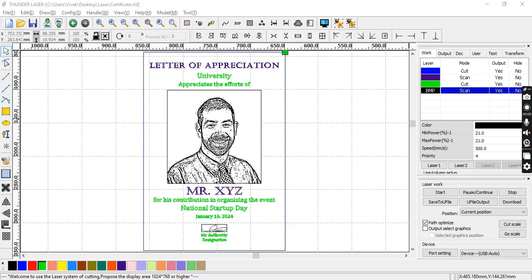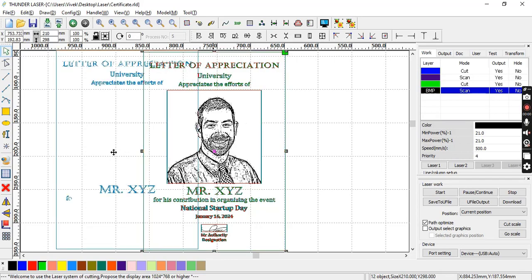Hey everyone, in this video tutorial I'm going to demonstrate how to utilize Ledger for the engraving of letter of appreciation, certificate and similar documents. For this exercise I have utilized A4 size of the sheet. So first of all I need to prepare the A4 size of sheet. So let me just shift the certificate which I have already prepared